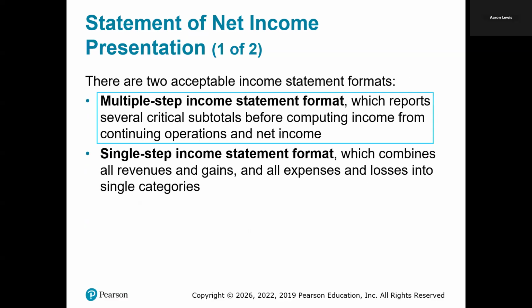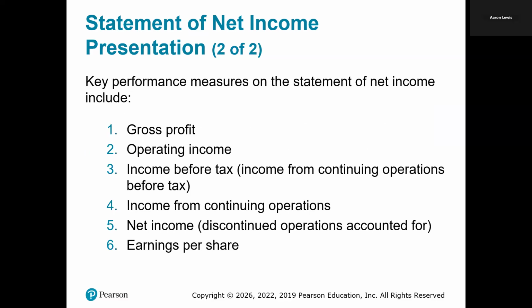You also have an option when you make your income statement to use the multi-step format or the single-step format. And I think you can tell from my box around multi-step, it's just the better way to go. It reports several critical subtotals, components, measures of profitability you have that you can't get from a single step income statement. For example, a properly formatted multi step income statement would have all of these different measures of profitability reported in a clean, easy to read line item on your income statement: your gross profit, how much markup you made off of goods you sold, your operating income, your profitability after you've accounted for all of the core